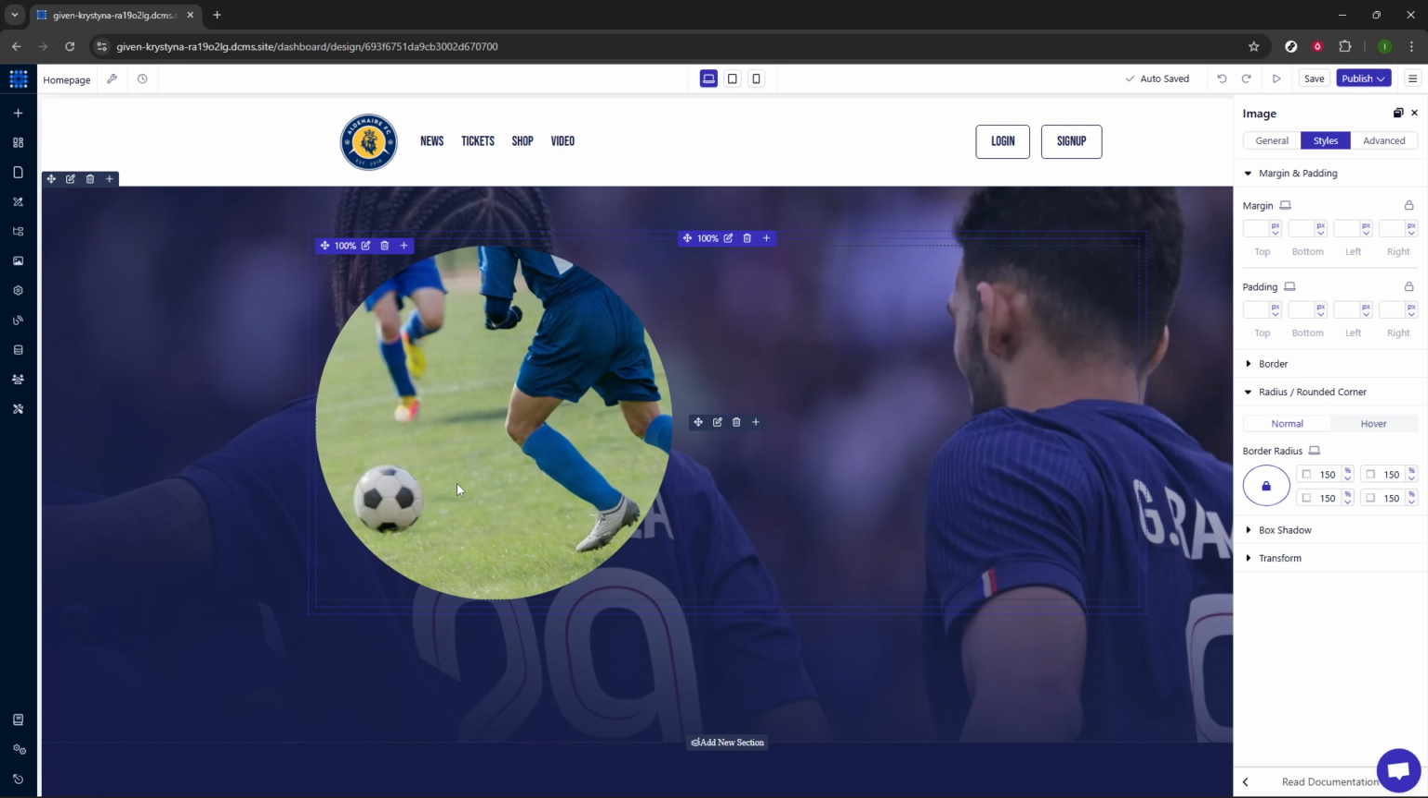You should see the change instantly in the preview. If the edges look clipped, slightly reduce the radius or check that the image container isn't adding extra padding. Also, take a moment to preview on different screen sizes to make sure the circle looks clean on mobile and